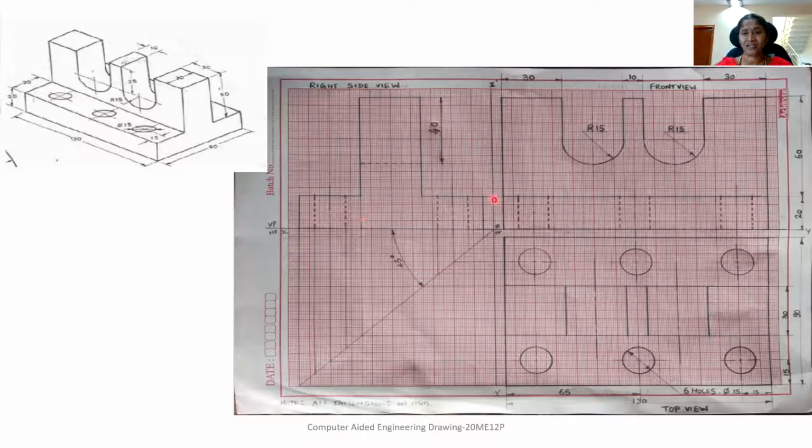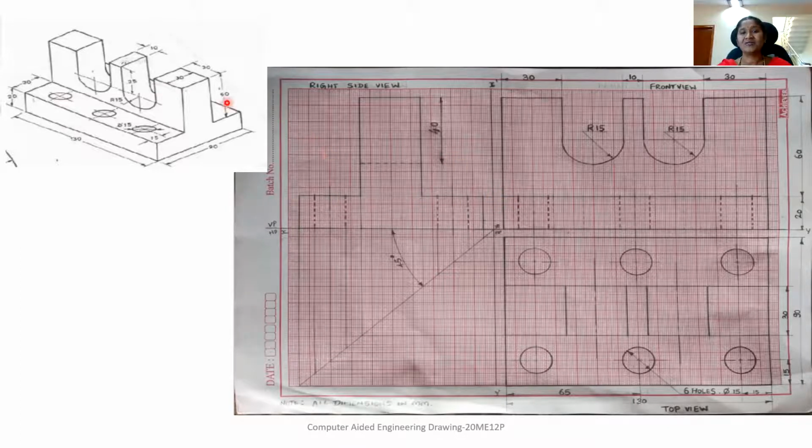Now you draw a projector from this. What is the side view? In the side view, I can see two rectangles: one rectangle of base 90 mm and height 20 mm. Over this, at the center of the base rectangle, I have another rectangle of width 30 mm and height 60 mm. So from this point, you draw a horizontal line to the 45-degree line and project it upwards. Again, from this end, you draw a horizontal line to the 45-degree line and project it upwards. I will get the base width of 90 mm, which I have obtained from the top view. Now for this height of 20 mm, you draw a horizontal line from the front view and complete this rectangle.